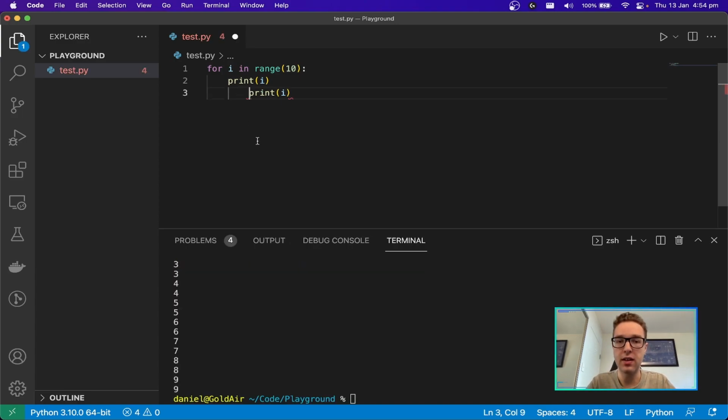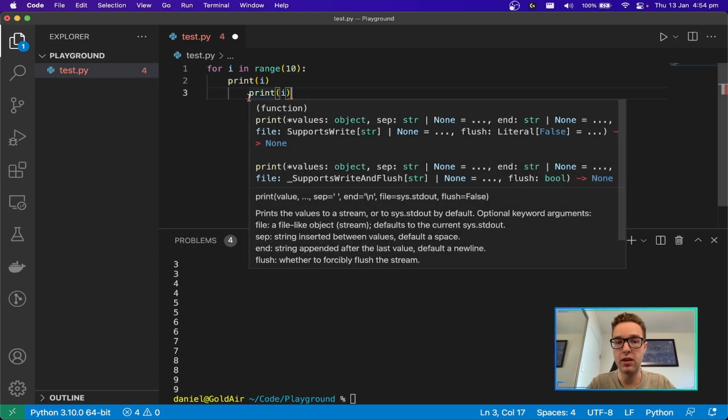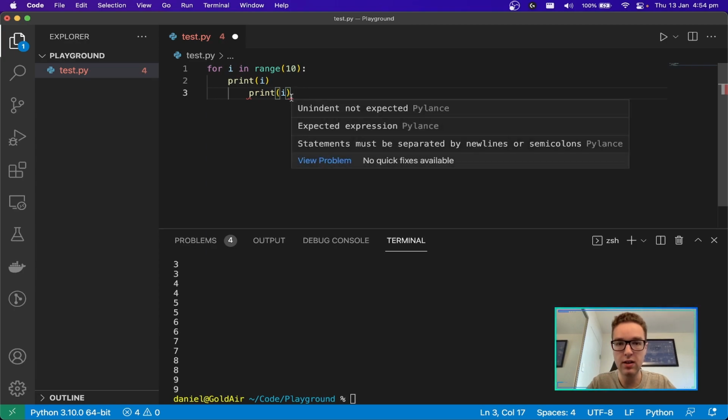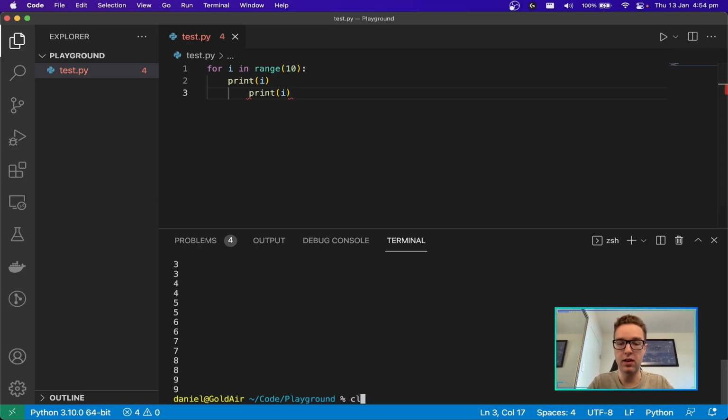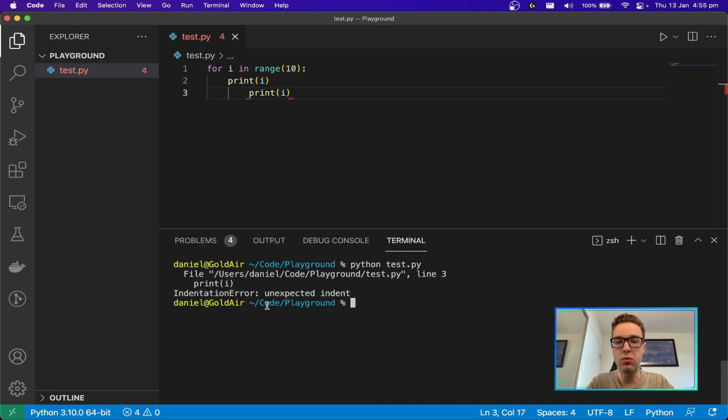Now, if we were to indent the second print statement here, we can see that Python doesn't like that. And VS Code's really good because it goes red and says you've got an error here. So the error is here and unindent not expected, right? So essentially this is me having this Pylance extension saying, hey, this doesn't look right. Okay, so we can actually see what this looks like if we run our script again and we get an